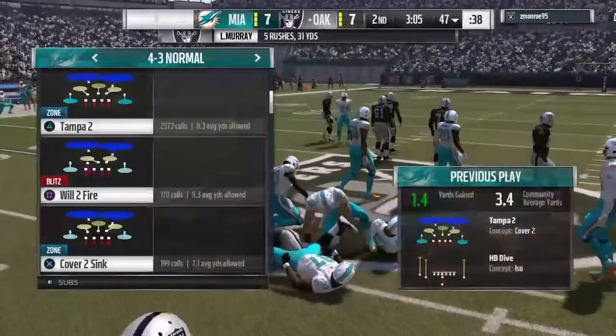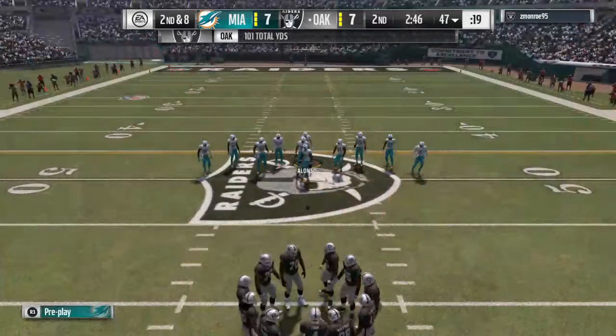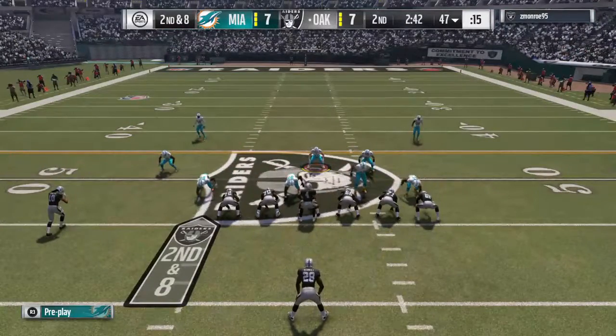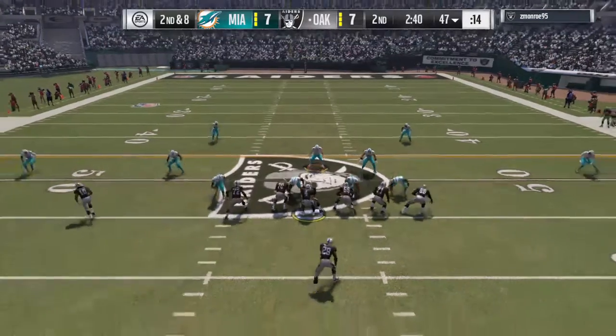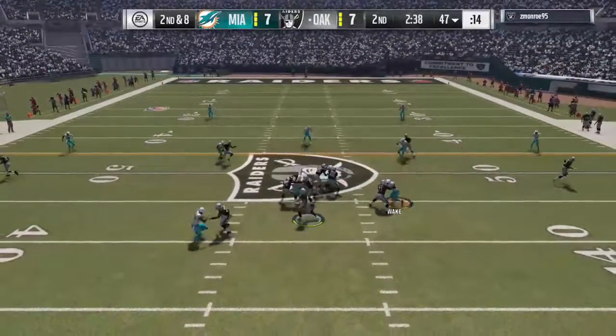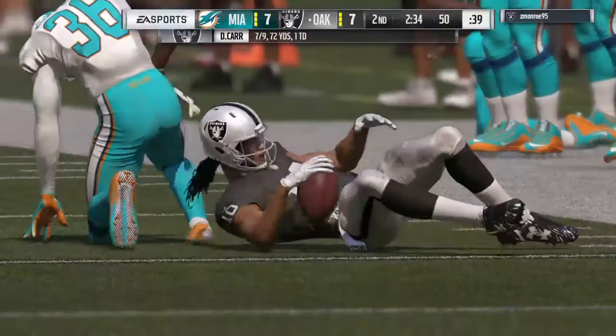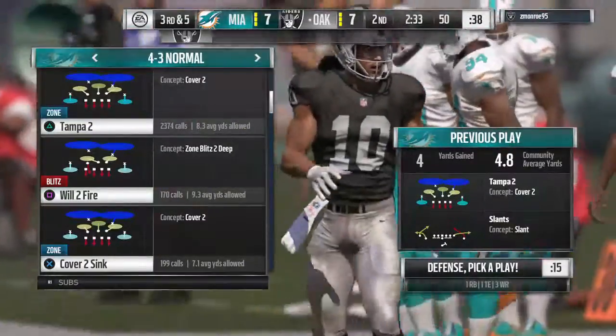Give him a yard up to the 47. A wall of Dolphins, and there are lots of them there to make the stop. That's a good play by the guys on the defensive side of the ball. Held him to a gain of 2. And that changes the playbook a little bit now for the guy calling plays. 2nd and 8. Now he's got to probably think about going to the air instead of maybe staying with the